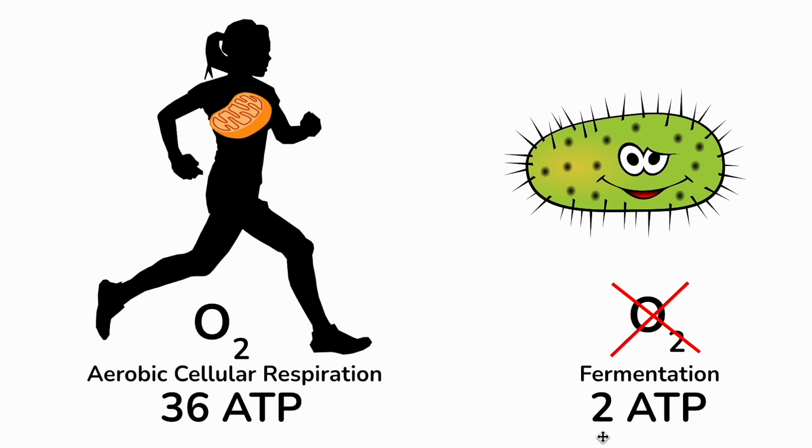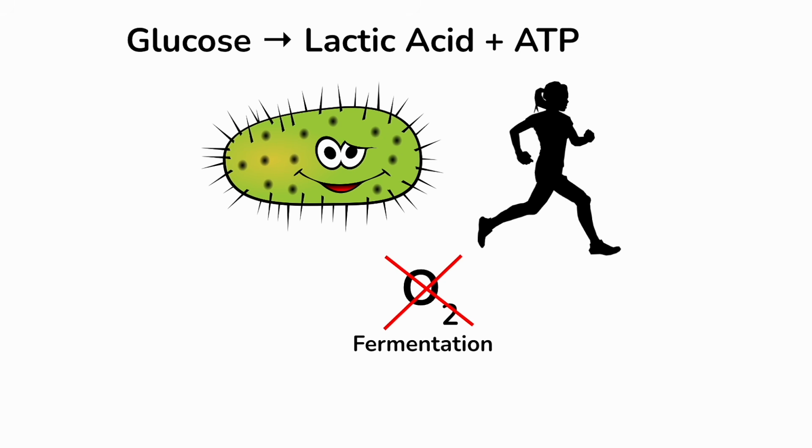So even though we can also perform fermentation in our muscle cells, for example, when we run out of oxygen, cellular respiration is a much more efficient process for producing energy molecules. So like I said, the type of fermentation that we can do in our muscle cells is called lactic acid fermentation, and that's because we take glucose and we generate energy molecules, ATP, but also lactic acid